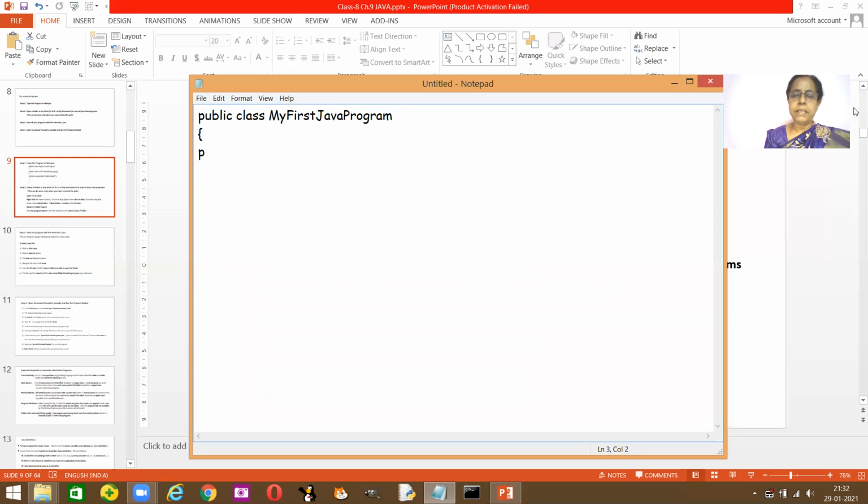So it is public, P small. Java is case sensitive, so you cannot use any words. You can't use C capital here and public P capital here. They all are in small letters. It is case sensitive. They are all in lowercase, right? Public, P is small. Public static, S-T-A-T-I-C. I already explained all this to you in the previous class.